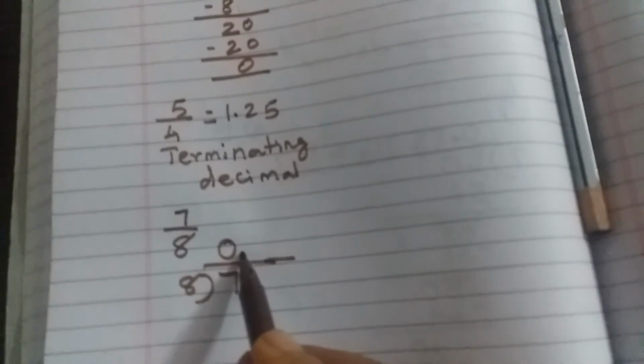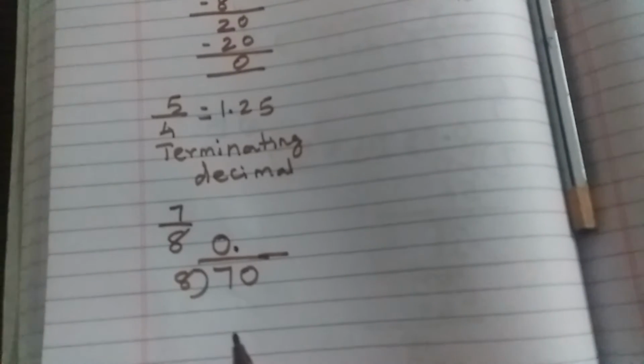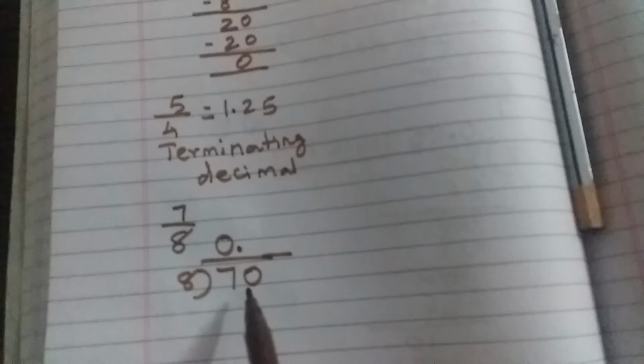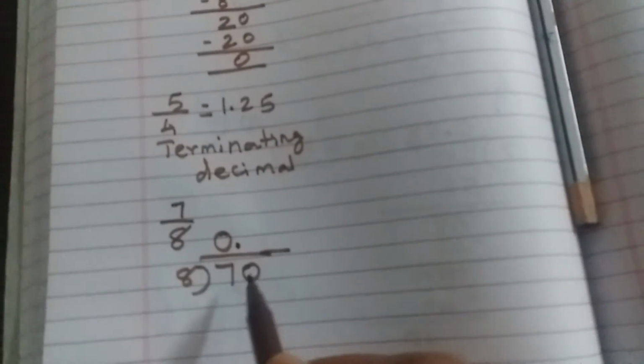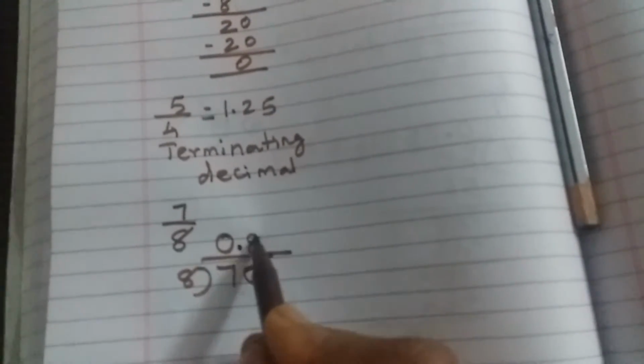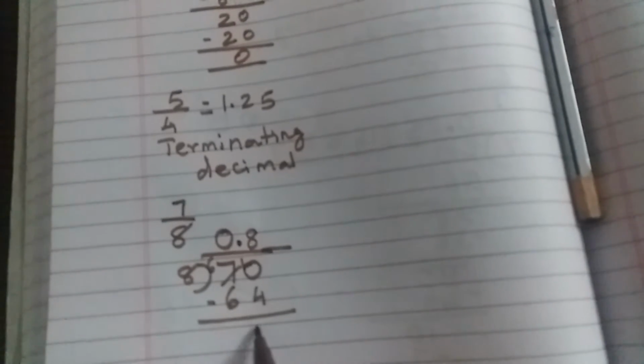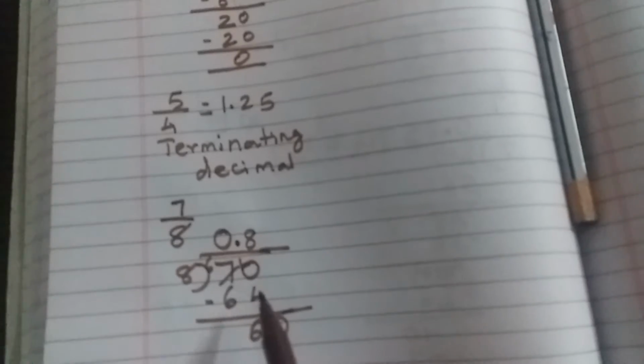Do you have the next number? No. So what to do? Keep a point in the quotient and put a 0 here. Actually this point is here also. That is the meaning. So with the point, if you add 0, the value of 7 remains as 7 only. Now 70 divided by 8: 8 8s are 64. Now you subtract, borrow, 10 minus 4 is 6. Now we bring down the next 0. And when you put 0 for the first time only, we keep the point. Second time when you are putting 0, we don't keep the point.